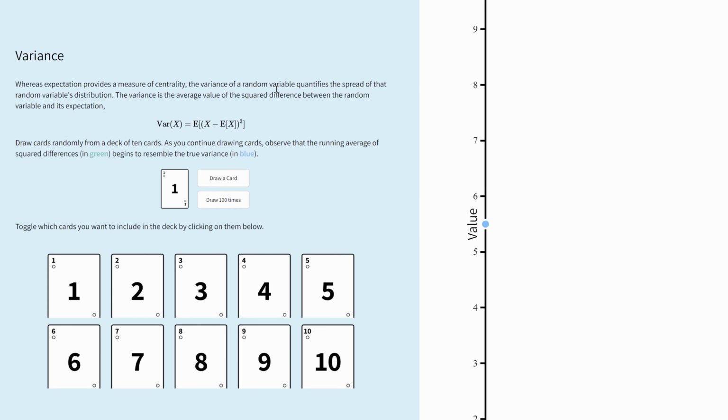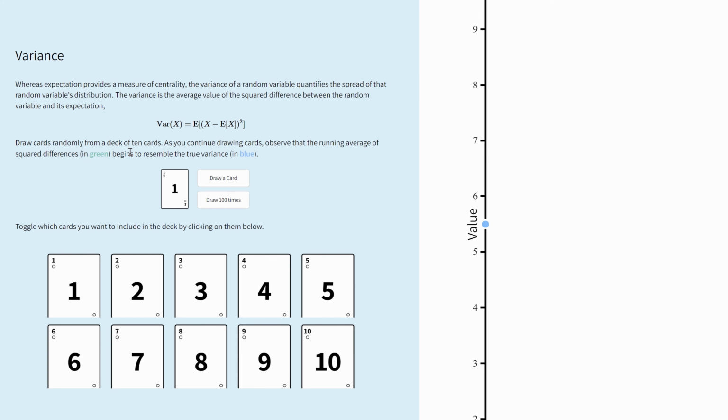So it sounds more complex than it is, but essentially it's taking that expected value, the squared difference between the random variable and its expectation. Expectation is what we did before, and then the actual value itself, and then you sort of square it. So it gives you this square, right? Not cube. That would be 3-dimensional.